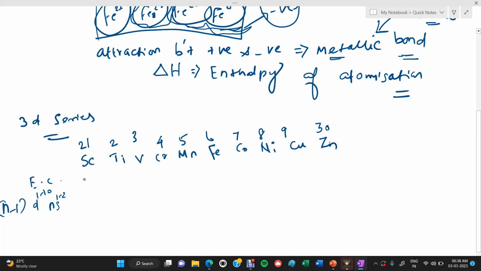So here it will be 3d1 4s2. No need to write the 4s2 because all the elements have 4s2. So here 3d1, 3d2, 3d3, here 3d5 4s1. Here 3d5 4s2, and here